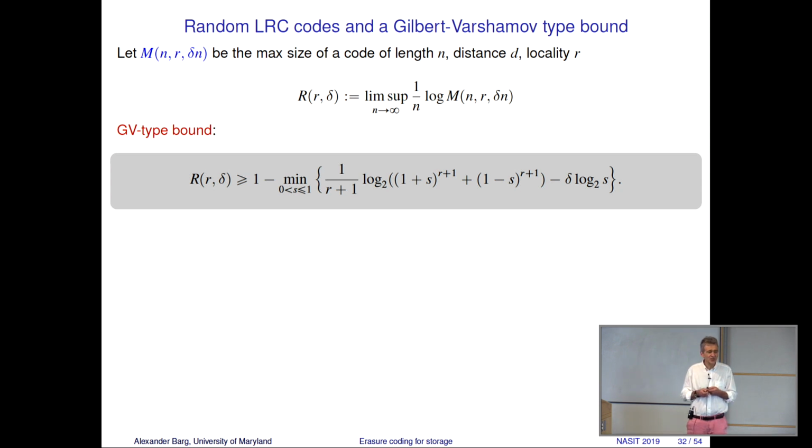Now, what do people do when they try to prove capacity theorems and things like that? They look at random codes. What will happen for a random code? So let delta be the relative distance, d divided by n. Define the largest attainable rate of the code with distance delta, lim sup of that thing. And this is the bound, which is an analog of the Gilbert-Warshamov bound in coding theory.